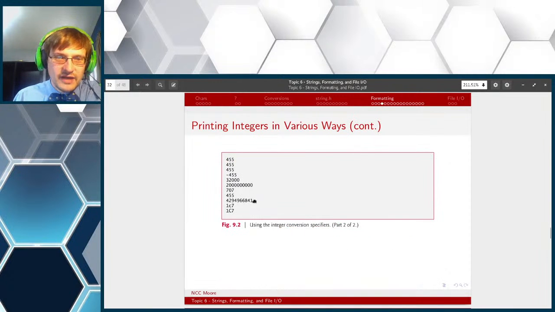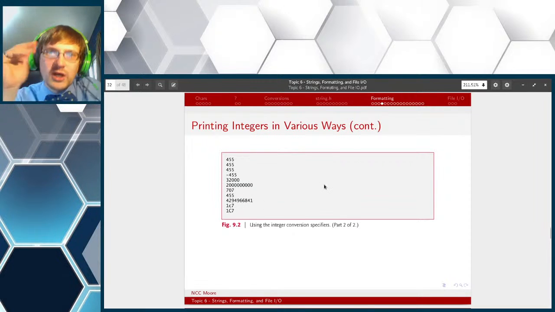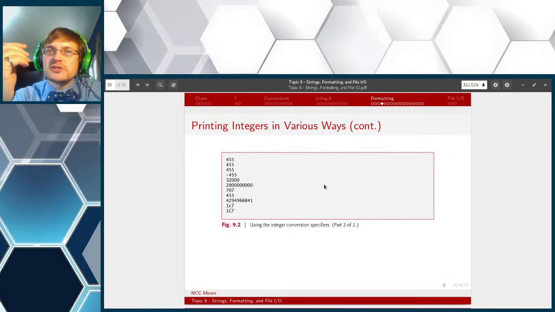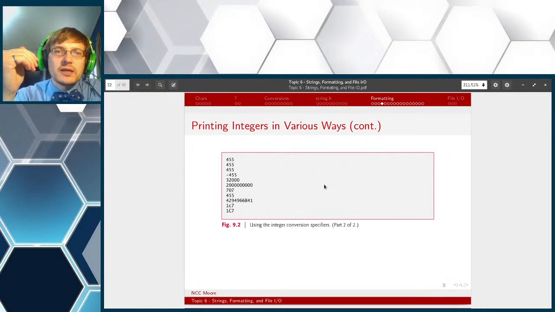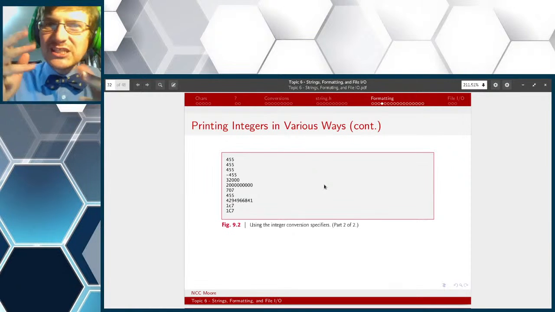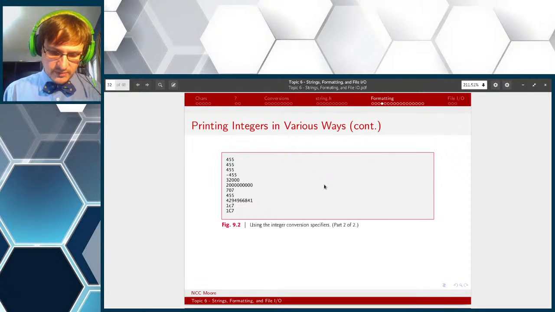So, the answer to that question, what happens, is we get this long number. We're going to get into this a little more in depth when we talk about bitwise operations, but negative numbers are stored in what's called 2's complement form. What this essentially means, in very rough terms, is that